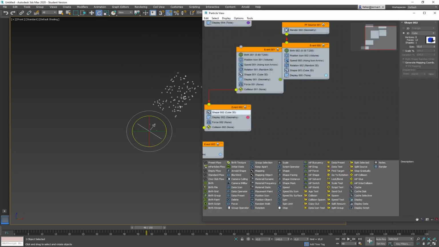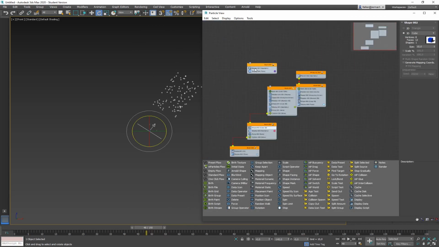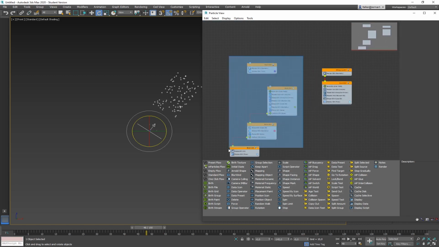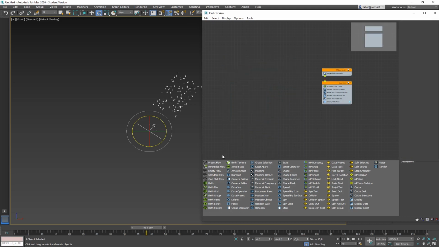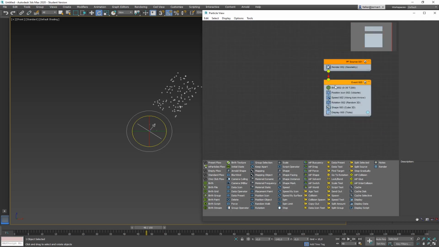Let's open up the particle flow. Oh, by deleting it, by the way, it did not delete the old one. So this is the new one. My birth is born between 0 and 30. Let's turn that off.